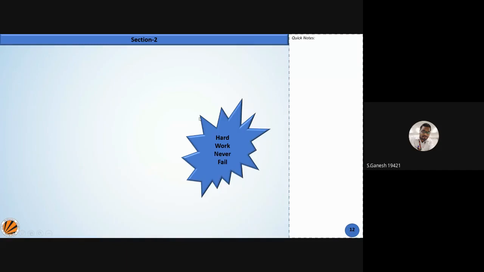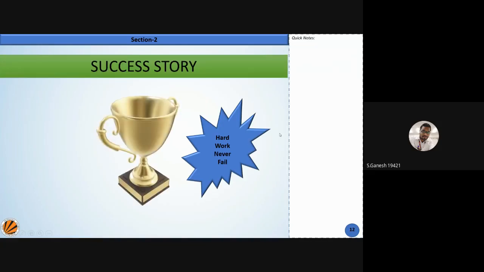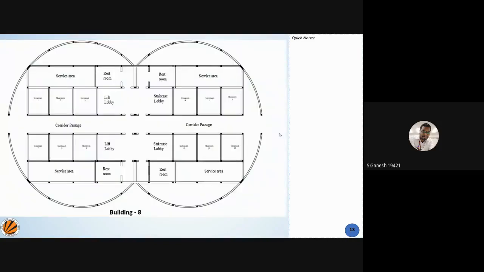I'm quickly sharing a few things where my students' profile is done. Here are certain success stories where my students got a victory and won a number of competitions over Bentley. This is a sample building called the shape of 8. We brought a concept of a building in the shape of 8. If a building looks like 8, how is it going to be constructed, or how is it going to be analyzed? This is a competition, and it is prize winning.